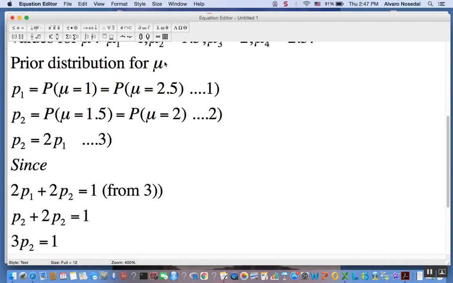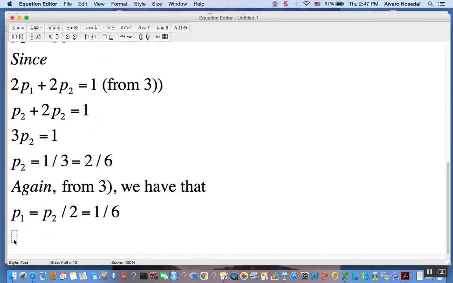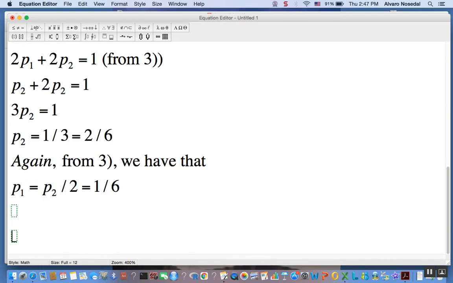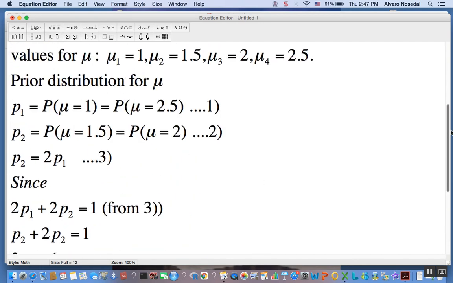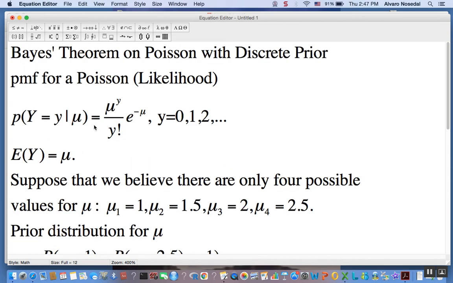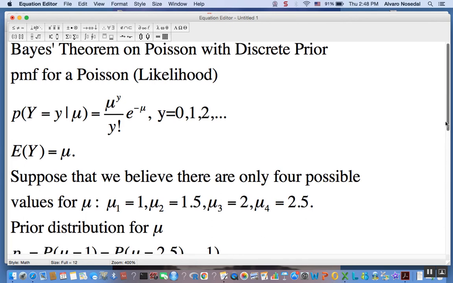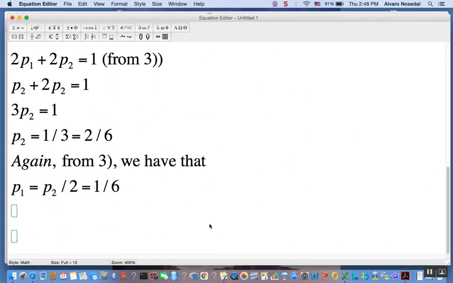So now we can do Bayesian inference for mu. Okay, but we only have the model here, right? That's a model that we will be using for the likelihood. So suppose